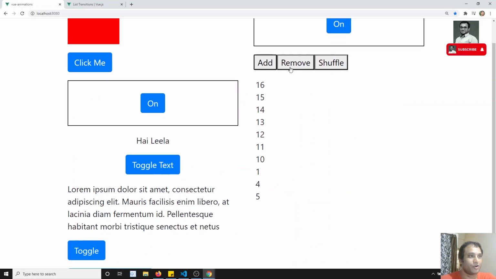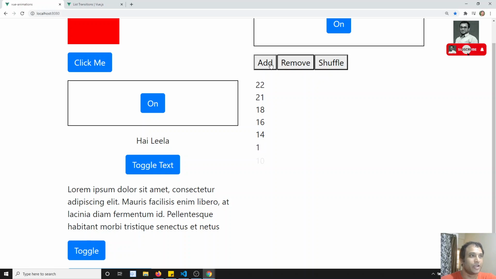Now if I want to remove, see how nicely it is removing. We have applied the transition here. If I try to add, it keeps applying like this. This is how we use the transition group elements. If I apply shuffle, see how it shuffles. As I am making all of this reverse, that is the reason it is moving. So if you have jumbling, it will apply very nicely.